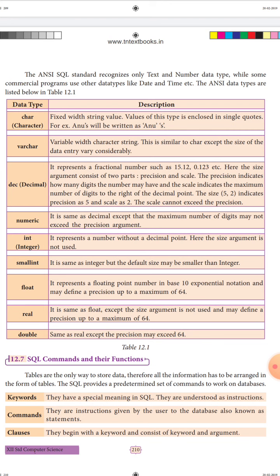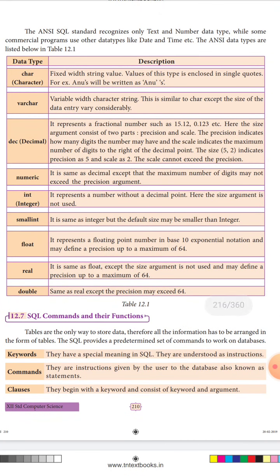Next is numeric. It is the same as decimal except the maximum number of digits may not exceed the precision argument. Next is integer. You know the integer part, the number before the decimal point; otherwise the whole number. It represents a number without a decimal point. Here, the size argument is not used. Small integer is a smaller integer, with a default size smaller than integer.